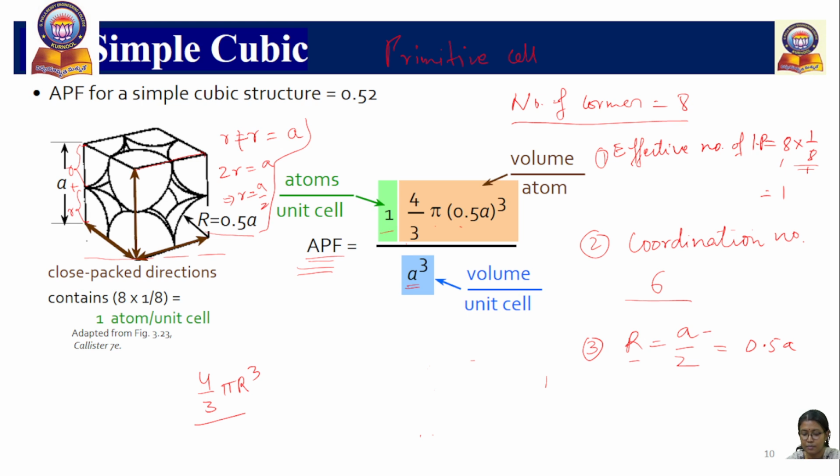And why are we multiplying with the atoms per unit cell, 1? See, the total volume of the unit cell is a cube. The volume of one lattice point is 4 by 3 pi r cube. But is there only one lattice point? There can be more than one lattice point also. In simple cubic, we have only one lattice point. That's why we are multiplying 1 with 4 by 3 pi r cube. Okay, so if we do this, we are going to get